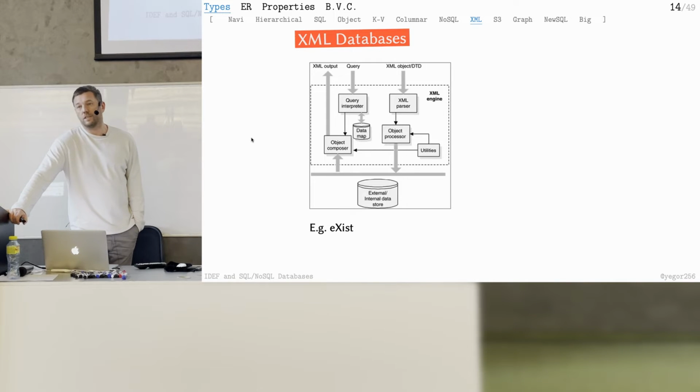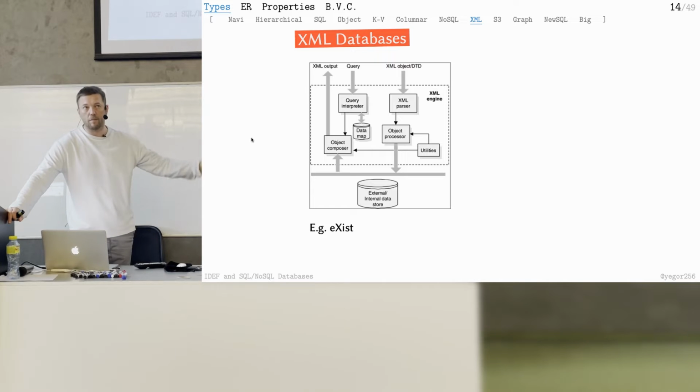And just a folder of XML files, yeah. I don't know, well, if it's a folder of files, you cannot make one request which will fetch from all files. You will need to do it manually. You will need to open file by file, make a request there, and retrieve the data. If it's an XML database, then you can come and say, I want the name of the user wherever it is in those files.